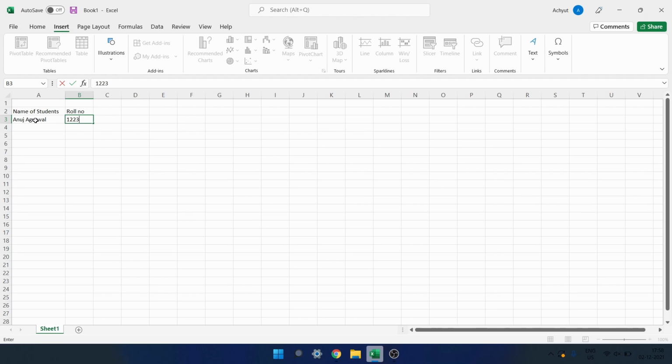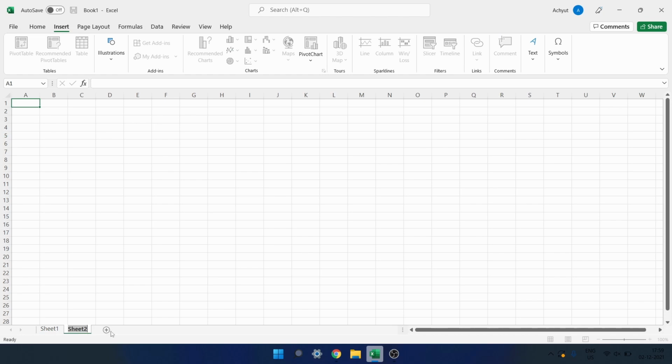Now, in this particular Excel workbook, you are seeing some sheet is written over here. This workbook basically contains 3 sheets, but if we want to increase the number of sheets, press this plus button. You are going to insert a new sheet. See, sheet 2. If you have your cursor placed in some cell, it is taken as a reference and you need to enter the data over there. So take your cell reference in an empty column or empty cell and then click. Sheet 2. I need to add one more. I can add. So you can add any number of sheets,